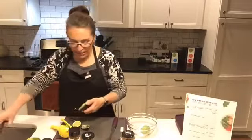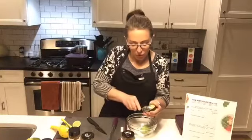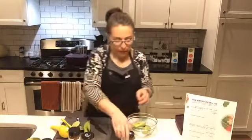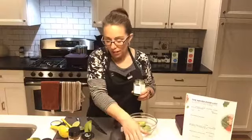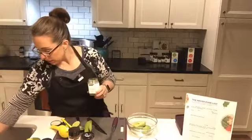So just having that ability to make a fresh guacamole like we would in a restaurant, but doing it from home, controlling the spice, controlling those ingredients. We're gonna add in a little bit of our seasoning. All of our products have recipes right on the side, as well as with this meal kit, you can get those recipe cards that come included